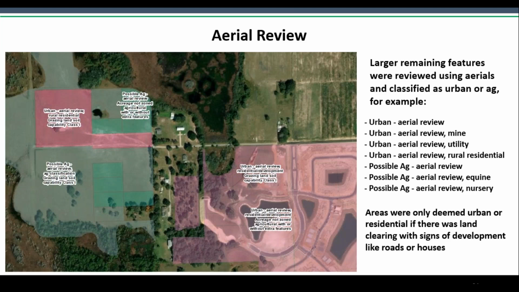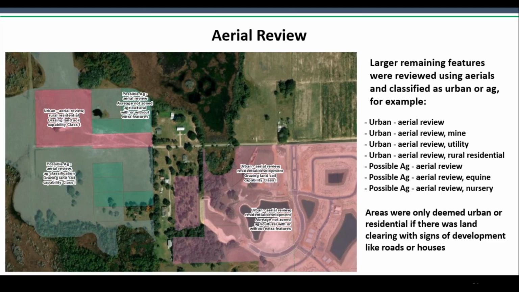We also perform a lot of aerial review. Features not categorized in the previous steps undergo aerial imagery interpretation. Since there are thousands of records that result from this analysis, we generally focus our aerial imagery review efforts on parcels that contain at least 50 acres or more of agricultural acreage. Any features not reviewed are considered ag since they don't fall into any of the previous categorizations.